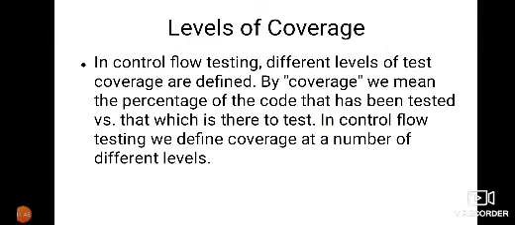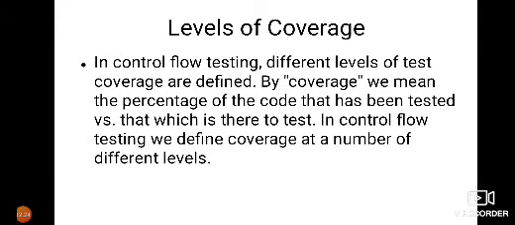Now, levels of coverage. When I write a test case, I have to find out what the different execution paths are which are covered by that particular test case. My main intention is, given a code to test via control flow testing, I will convert the code into a flow graph notation, and from the flow graph notation I find the execution paths, and once I have found the different execution paths, I can frame test cases to test each of those execution paths. So those are the three different steps in control flow testing.